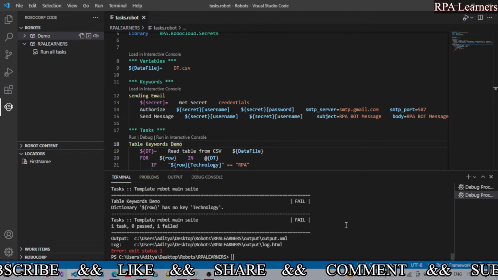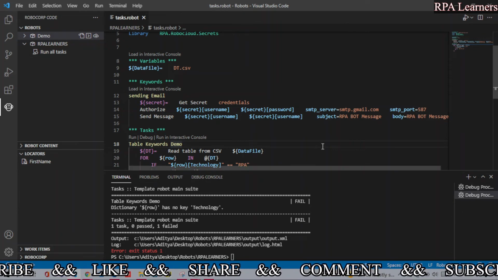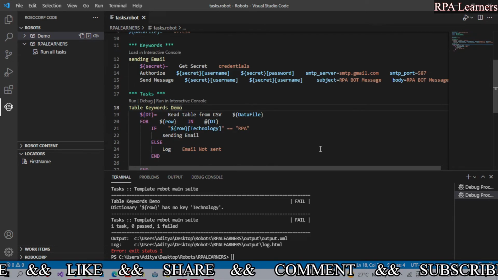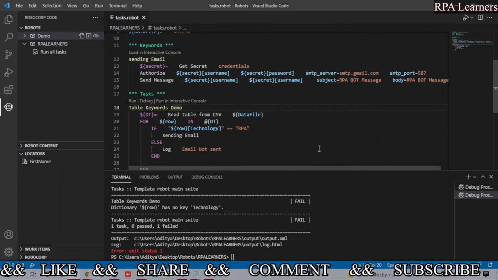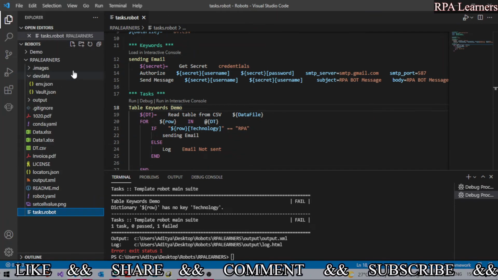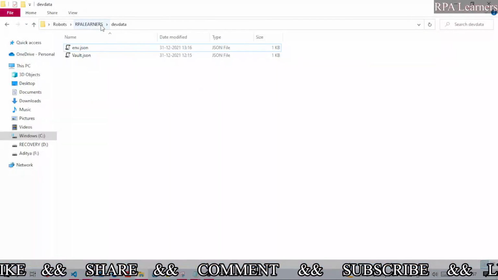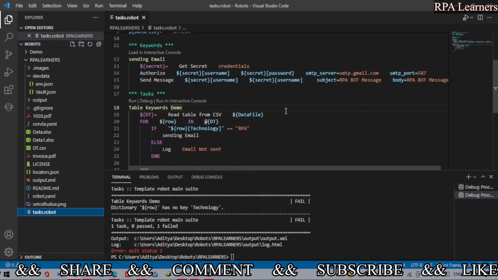And we got an error which says row has no key called technology. It doesn't have any key called technology. Okay, let's open the file again, dt.csv, and let's check whether we have that particular file or not.